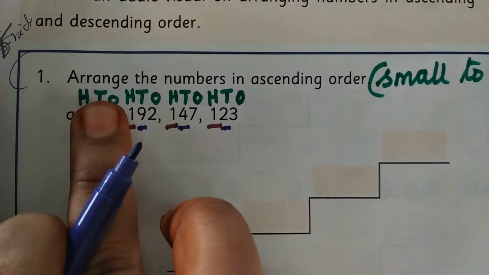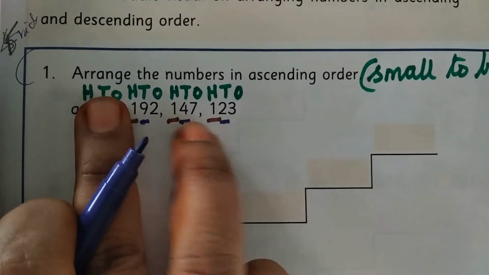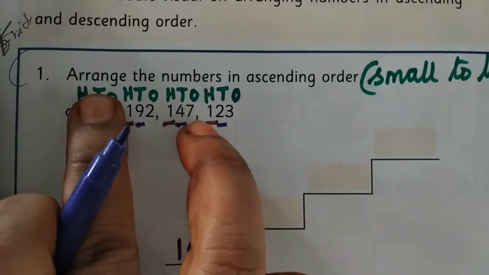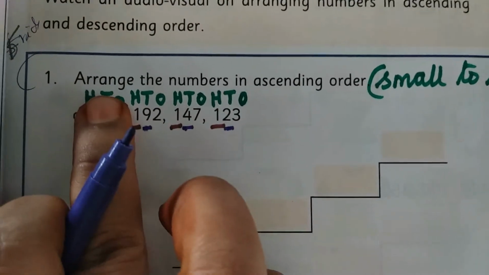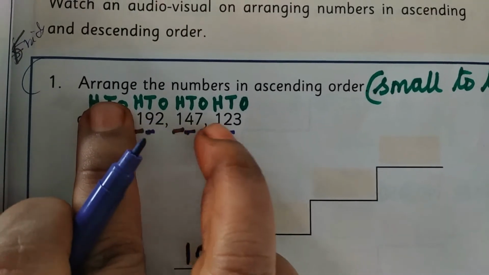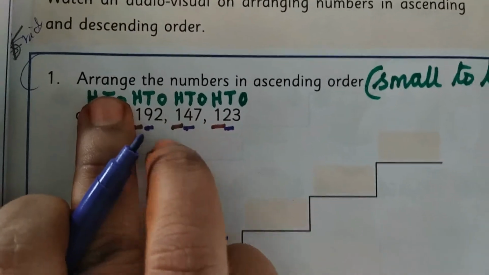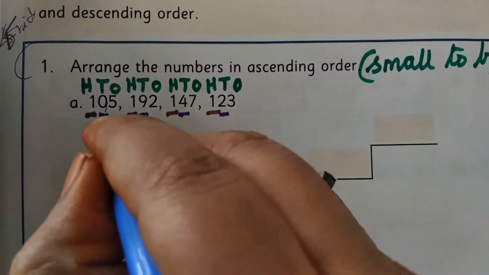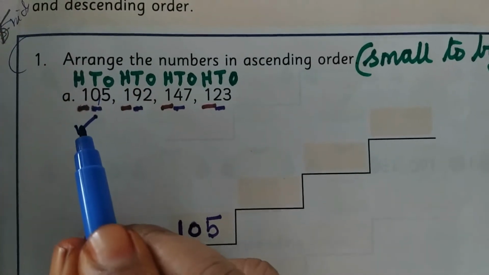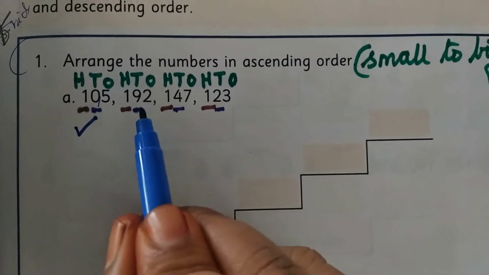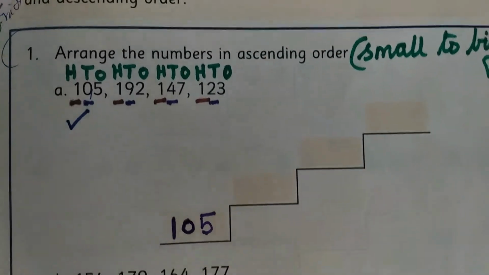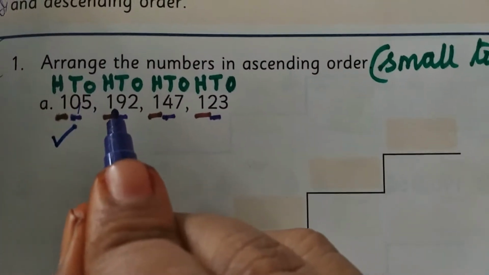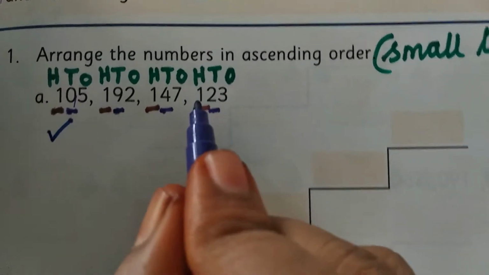Now leave this number. Okay, next we want to compare these 3 numbers, children. So, how will we compare? Same way, first we will compare the hundreds place. Okay, so same hundreds place we will compare and you can put a tick mark because already we have written this, isn't it? So, you can put tick. Out of these 3 numbers, we want to find the second smallest number. Yes, see, for these 3 numbers we have same 100.